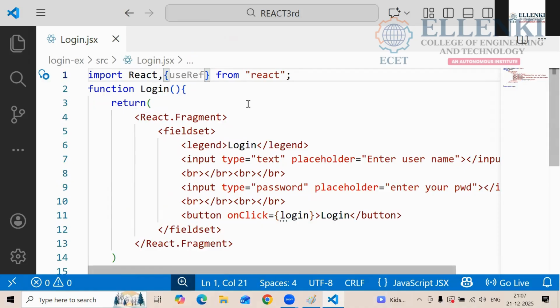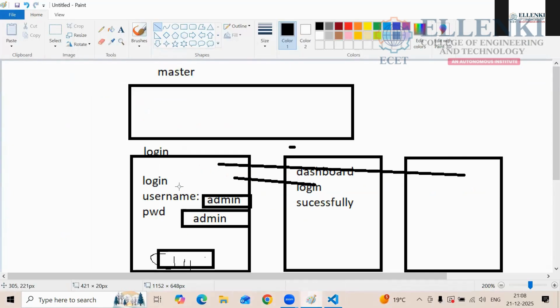Okay. Here see, before in the class, before in the program, before in the example, what we did: we moved from one component to another component, only one component. If you have two links also in page 1, page 2, page 3, we go for only one link. Yes or no? But here in this login example, if you click on the login page, it has to redirect you to two pages, either this page or this page. We have two options. Yes or no? There, if you want to navigate from one component to another component, we use Link, BrowserRouter, these all things.